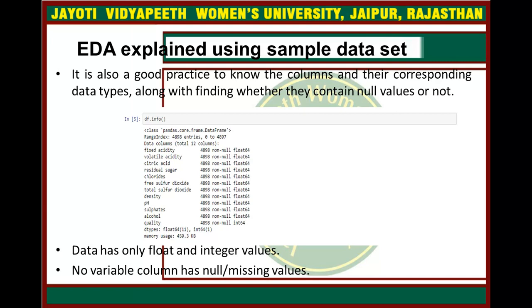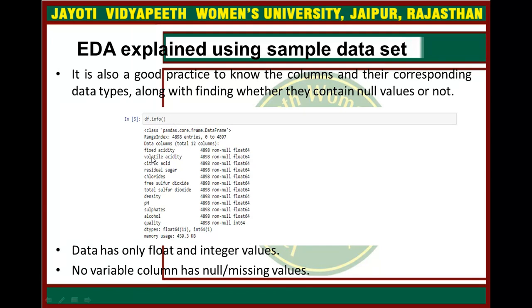Now it is also a good practice to know the columns and their corresponding data types, along with finding whether they contain null values or not. So see in this data set, the df.info function.